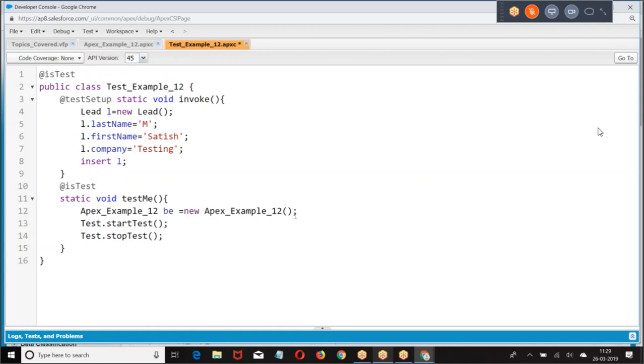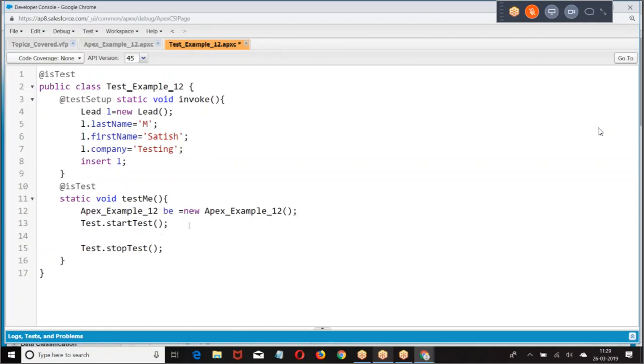I told you already. If there is any possibility of governing limits, now if I encounter a 101 governing limit issue, system will automatically add 100 more SQL queries. If I'm getting a 151, system will add 150 extra limit. So in case we come across any governing limit issue, system will automatically add an extra set of governing limits.